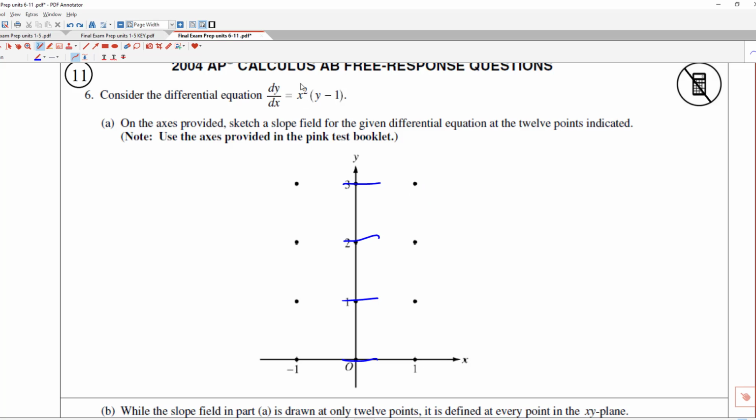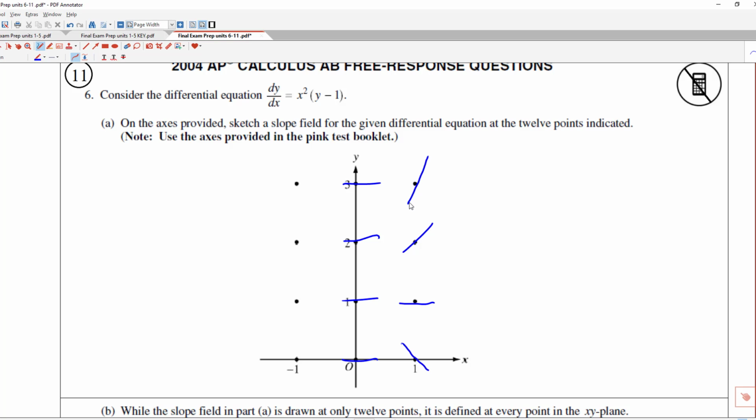And then when x is 1, if I come out to these 4 points out here, that means this leading number is going to be just 1, which means I'm really only dealing with this y minus 1. When I do y minus 1, the height here is 0, so 0 minus 1 is negative 1, so I have a slope here of negative 1. And then this has a y value of 1. 1 minus 1 is 0, so it has a slope of 0. And then right here we have y equal to 2. 2 minus 1 is 1, so it has a slope of 1. And then this is going to be 3 minus 1, which is 2,